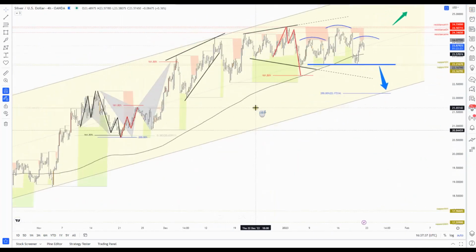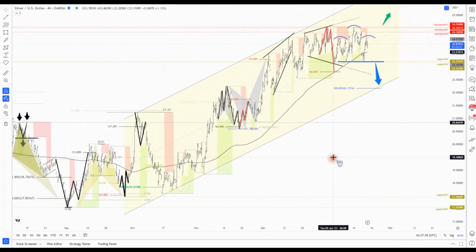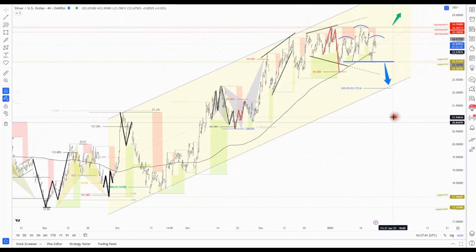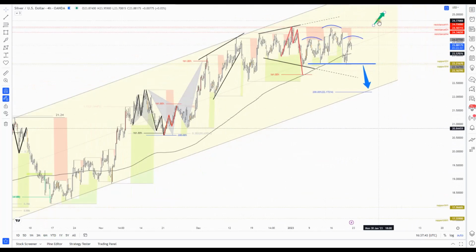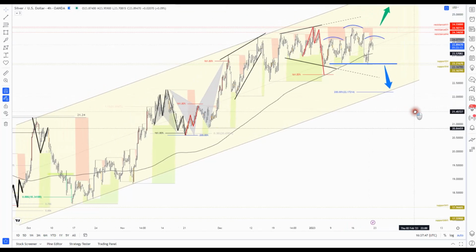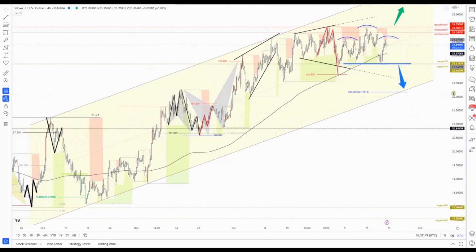Silver, on the other hand, is also printing a heads and shoulders pattern formation, and this is a very simple interpretation. We wait for either the breakout above the resistance, which may trigger more momentum to the upside, or the breakout of the support. The breakout of the support should trigger a move to the downside based on the heads and shoulders pattern formation, and that pattern should target